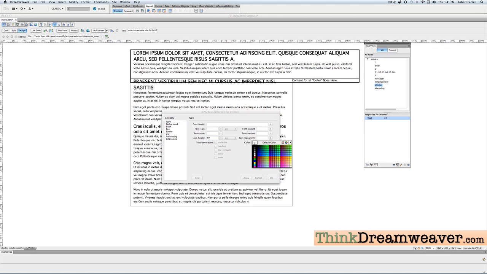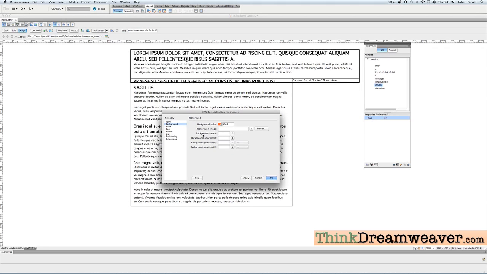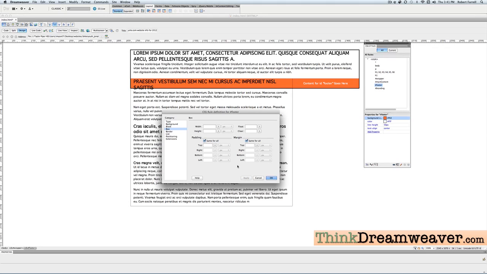I want to make my text white because I want to make my background color orange, and I want to text align this to the center, left and right center. This is block text align center. Okay. Now, based on these choices, if I hit the apply option, that's not what I'm looking for because